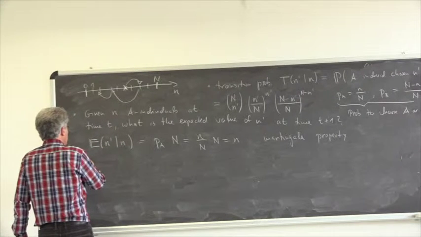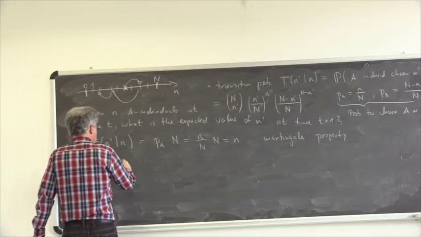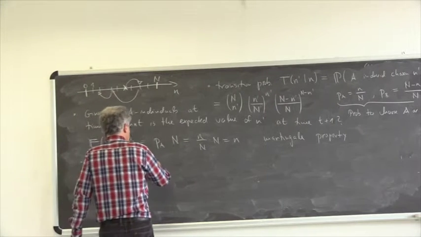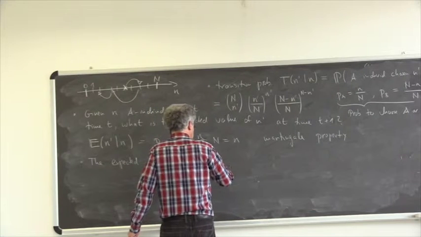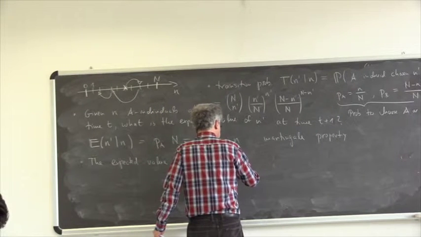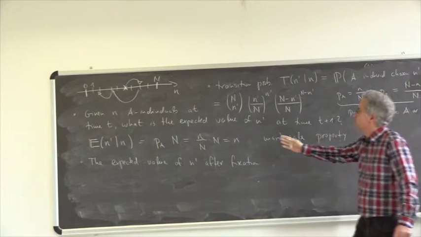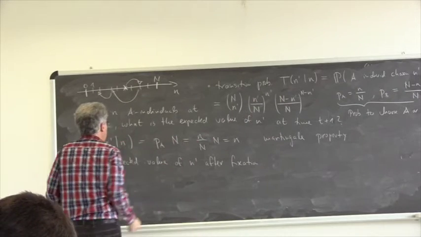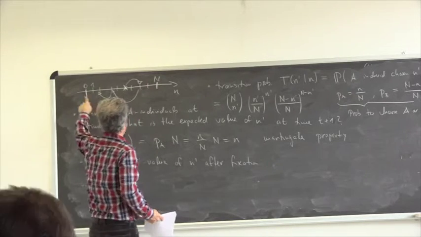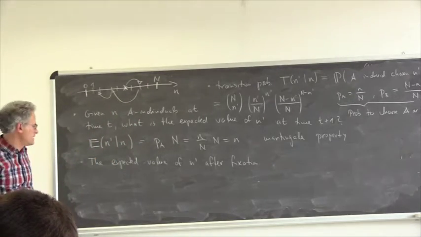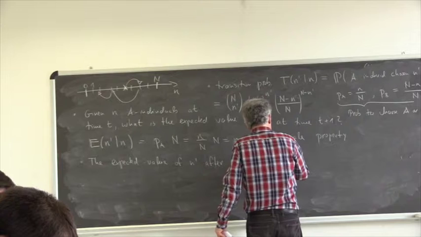So the expected value of n prime after fixation. What I know is that this average doesn't change. So I start the process somewhere, and I know that this average doesn't change. Now I let it run for a long time. It will either hit this boundary or it will hit this boundary with some probability. So the expected value after fixation will be just equal to